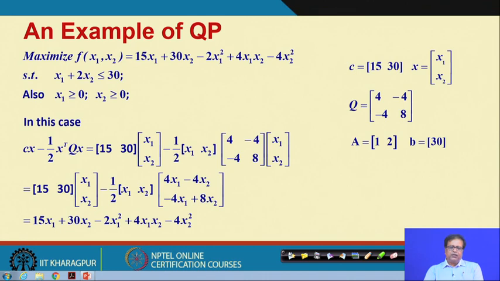So, in simple terms, we must understand that such problems have x 1 square terms, x 2 square terms and x 1 x 2 terms. And there is an inequality constraint also. In this problem there is 1 such constraint, in another problem there could be more than 1. So, what exactly do we do? If we have to solve them, first you see this is a maximization problem. All the constraints are less than equal to 0 and the unknowns are greater than equal to 0. So, this is in the standard form.